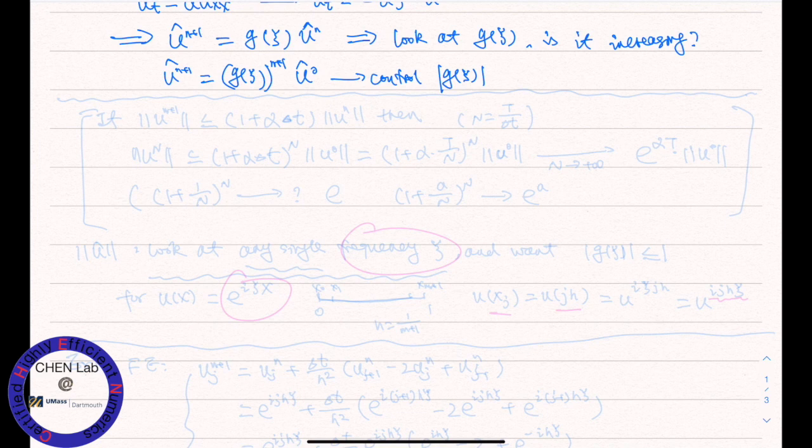Of course, in reality, the number of steps is finite. In some cases, not so large. In that case, as a side remark, we actually could allow some growth. In particular, if we have this U^(n+1), if this guy is under linear growth, 1 plus alpha delta t, this is linear with respect to delta t, right? Every time the increase is proportional to delta t. If you have this,